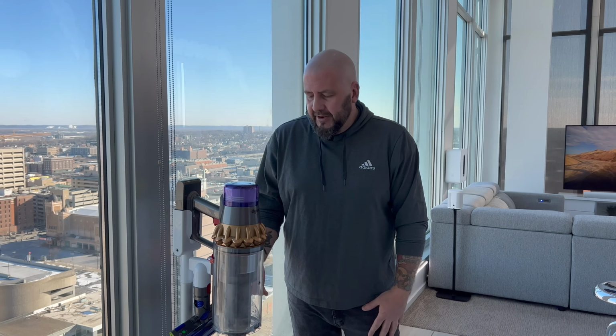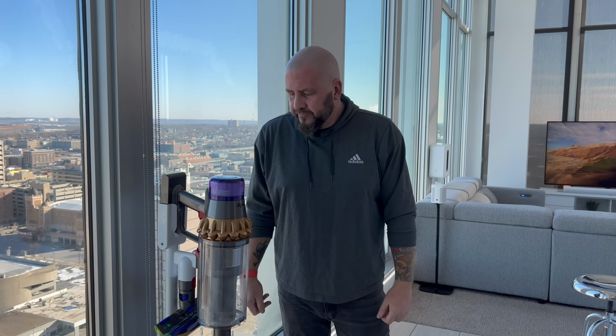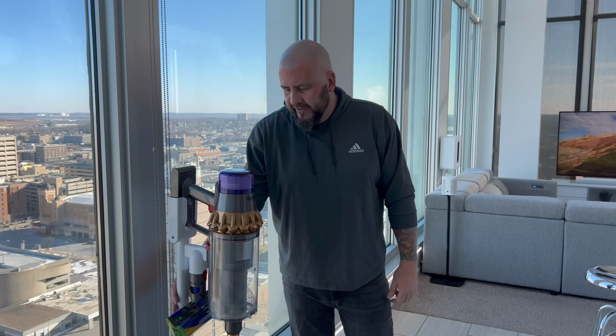Just everything about it, the suction power, how quiet it is, the different attachments, the projectile exit of your debris. I love that. Other vacuums will send dust all over the place when you get rid of your debris, but this is great. So we've got that bad boy in here, and with this nice little stand from Dyson, it almost looks